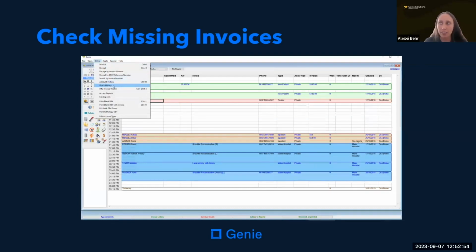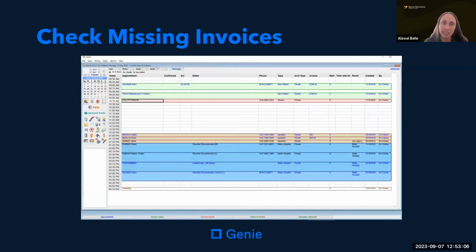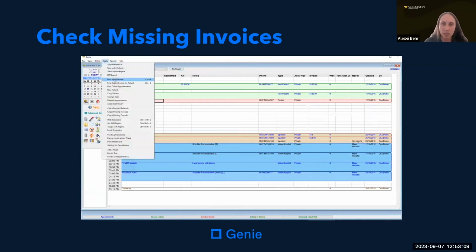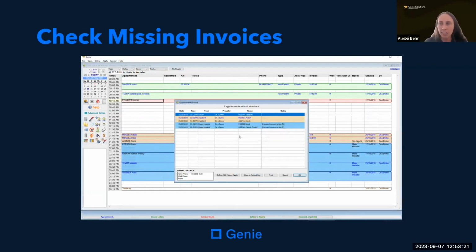So we can now go through and create that invoice so that we don't miss out. If we went back to rerun the Check Missing Invoices report for the same date range, we can also see the unbilled procedures. So these are those ones with the blue background, the same as our appointment types. We can also see an inpatient appointment in beige there. And you'll note that the font color for this record is blue,